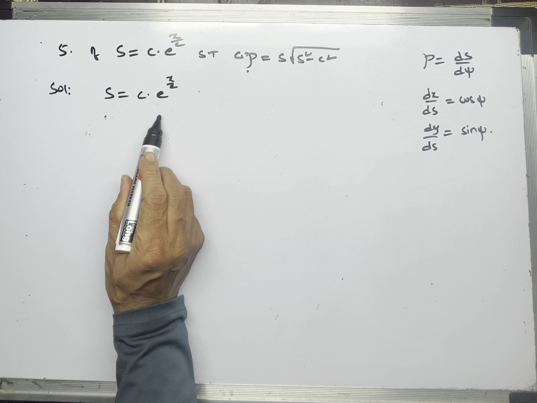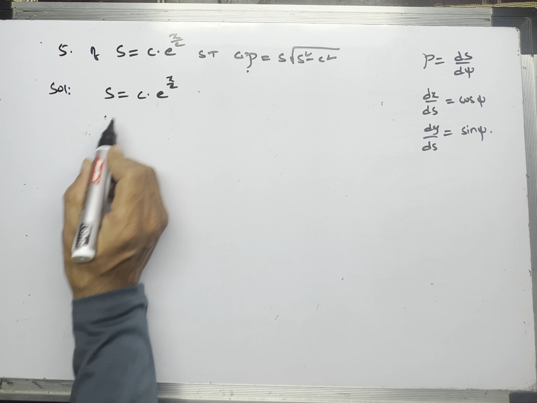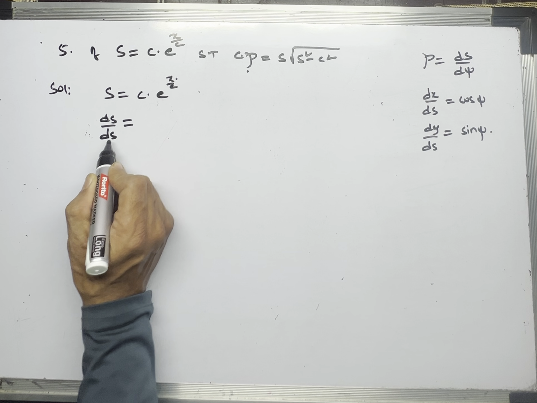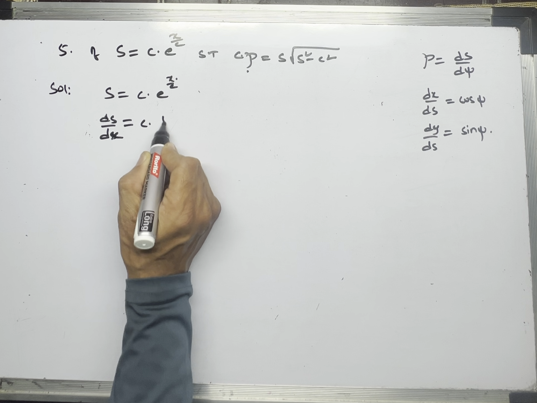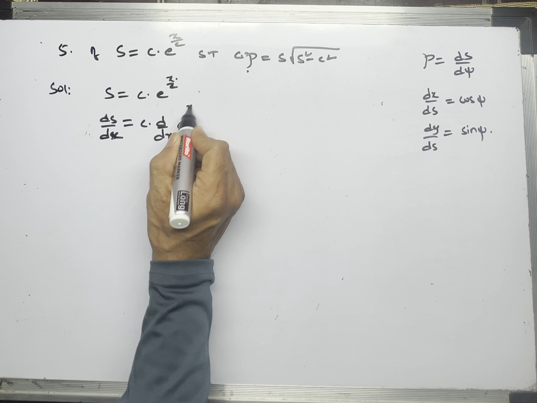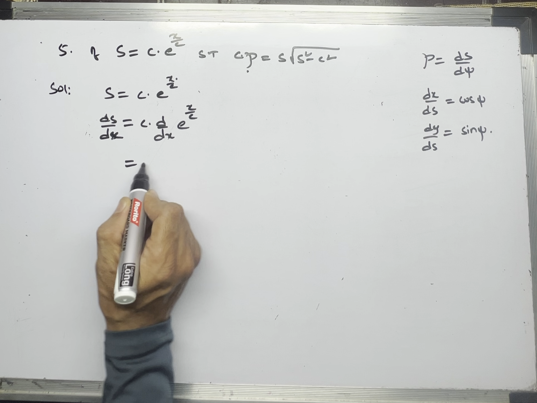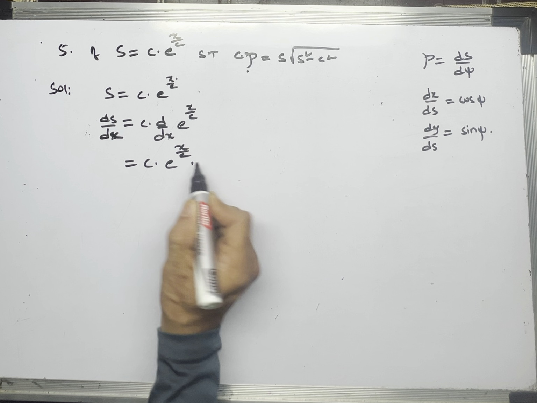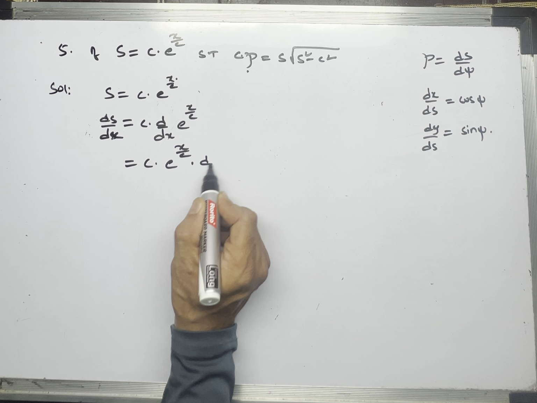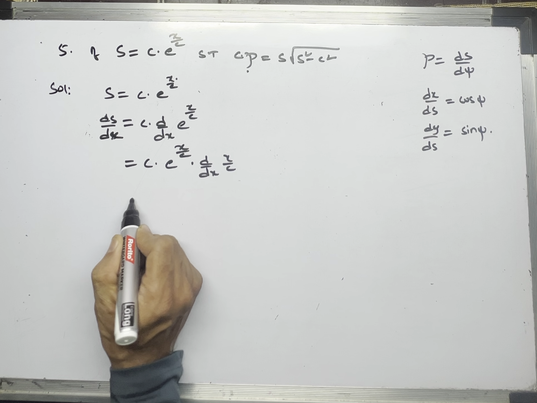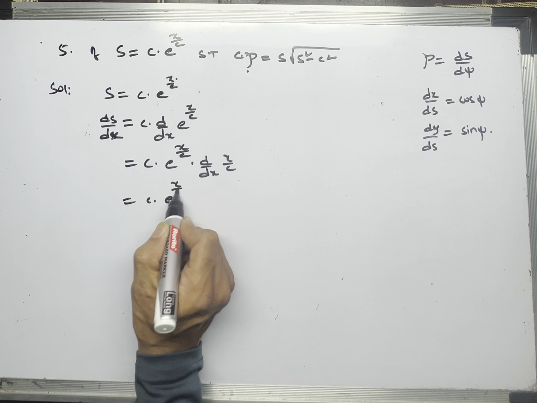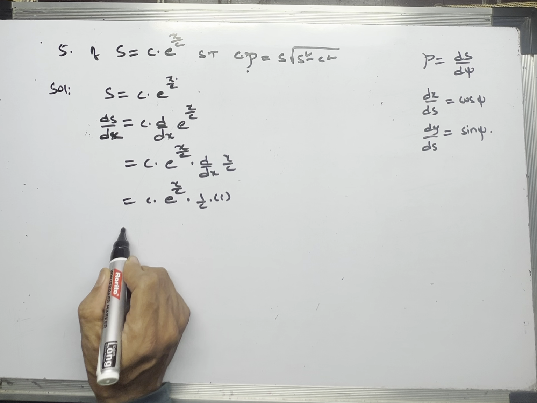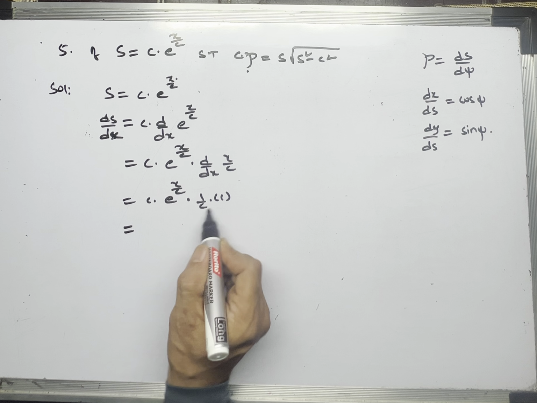So s equals c into e power x by c is there. Because the x variable is there, we have to differentiate with respect to x on both sides. So c into d by dx of e power x by c. The derivative of e power x is e power x into x by c, differentiating the inner function. So c into e power x by c into 1 by c, the derivative of x is 1. So this will be c and c cancelled,